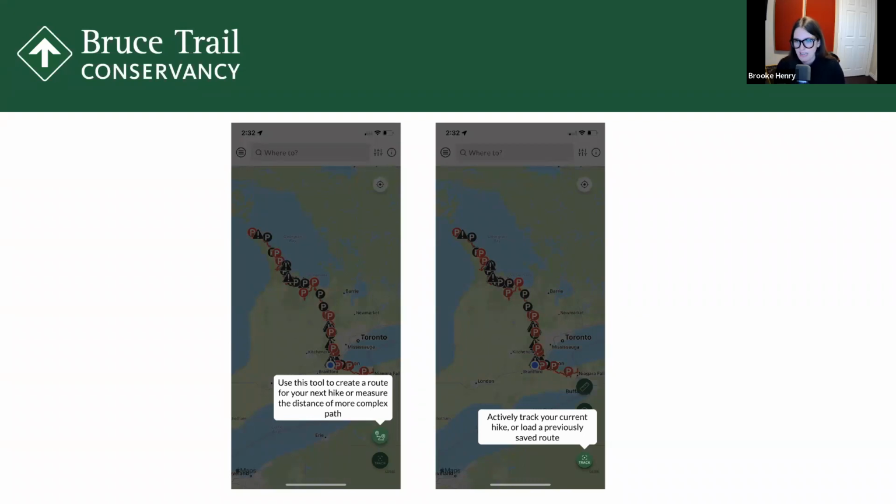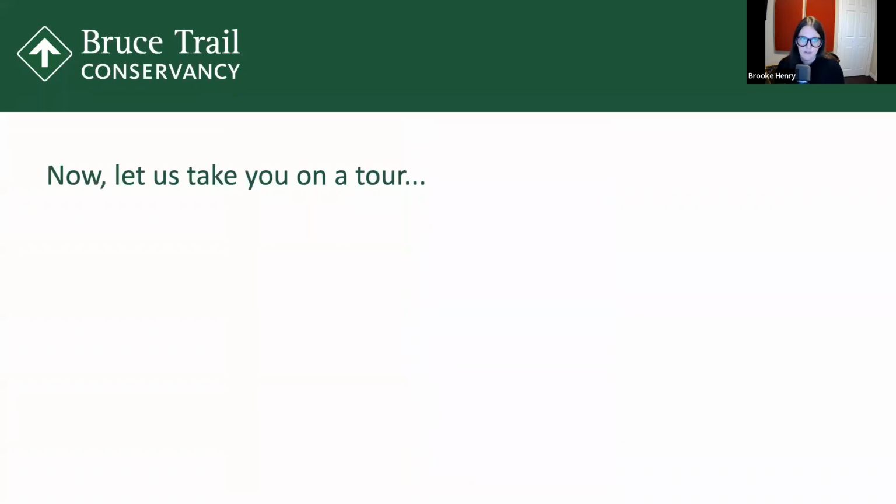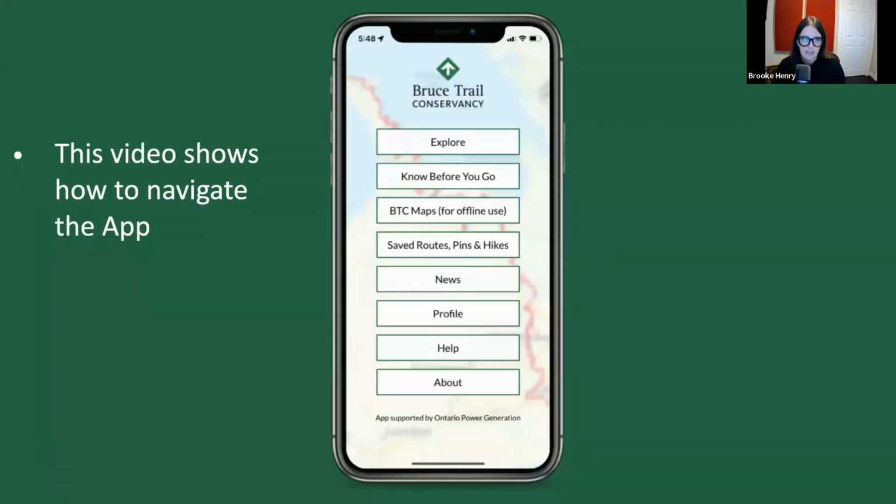And then of course we have the tracking feature, which is really helpful for when you're actually on the trail in real time. You can track your hike and see how far you go, and you can save those as well. So with that, we're going to get started and we're going to watch some videos and I'll talk us through how some of these features work. So we're going to start with